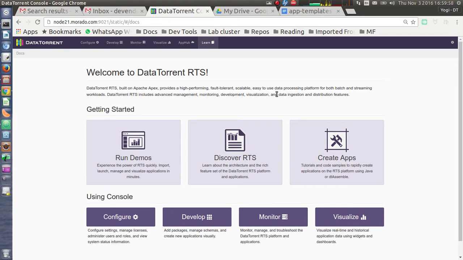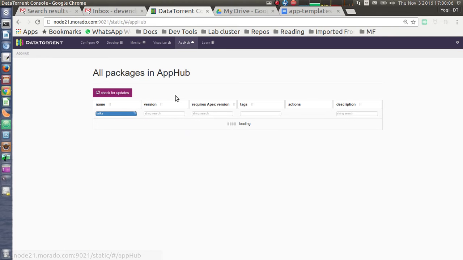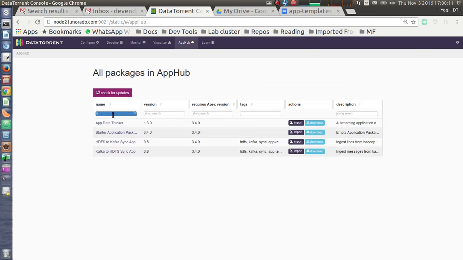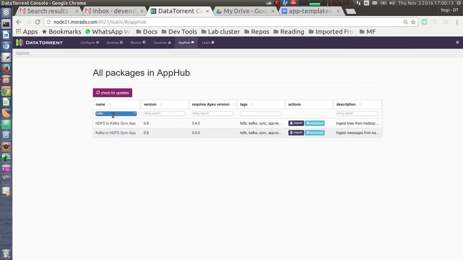So I have DataTorrent RTS installed on my machine. Let's go to the App Hub tab. I will search for Kafka. We can see all the applications related to Kafka.